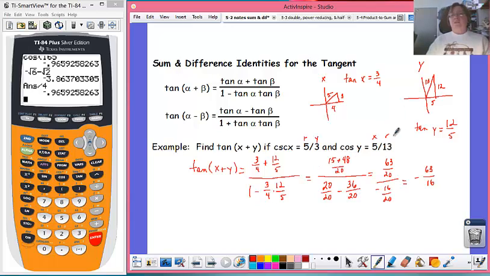You might be wondering why we ended up with a negative tangent when our angles were both in the first quadrant. Well, folks, you remember that what we are doing is finding the tangent of the sum of those angles. So when we added angle X to angle Y, we ended up out here in the second quadrant where the tangent is negative. Okay, gives us some food for thought. The patterns are easy to use. It's just we're going to have to watch the fraction arithmetic,